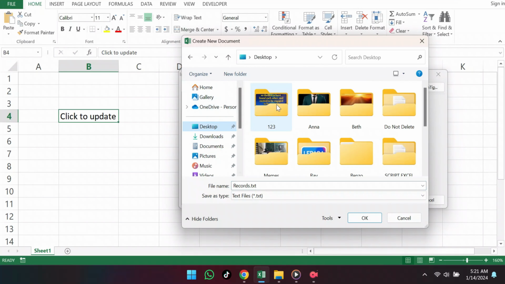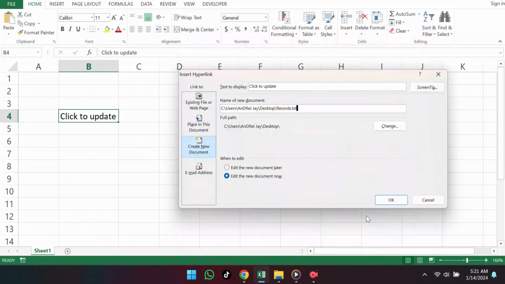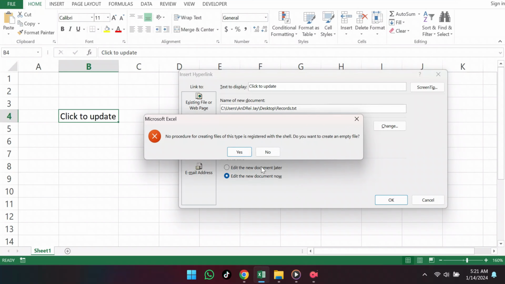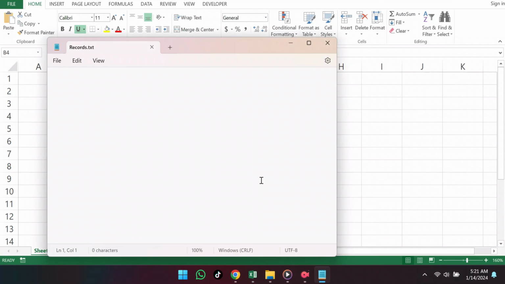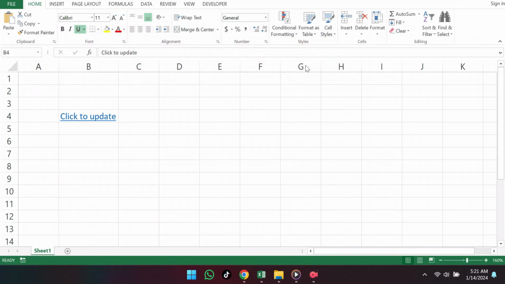Now it will prompt me for when I want to edit it. I'll choose to edit it now and click OK. So I've set it to edit now. If you observe, the name of the file is records and it's a Notepad file. I'll type some text and close the file. After doing other tasks in Excel, if I remember I need to update that particular Notepad